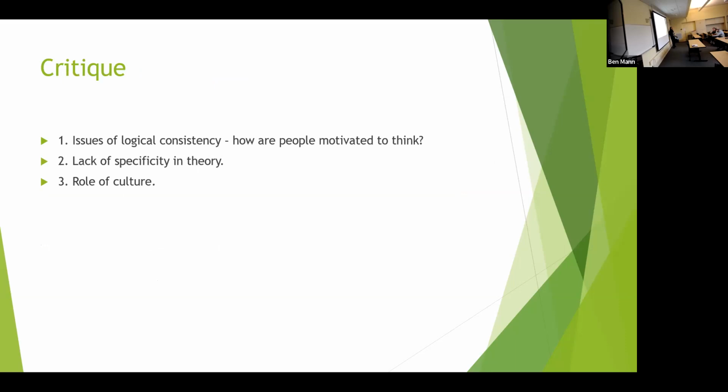So this theory, spiral of silence, has also been critiqued, right? And some of the critique and usage of spiral of silence theory is contingent on a few different factors. One of them is an issue of logical consistency, right? That there are some issues with how this theory presents itself and puts itself together. One of them being what motivates us to think about or establish a view on a particular topic. This theory suggests that conformity and our comfort in sharing a disagreeing view is a really motivating factor, right? It's this idea that we're very much driven by a fear of isolation. However, we've seen that that's not